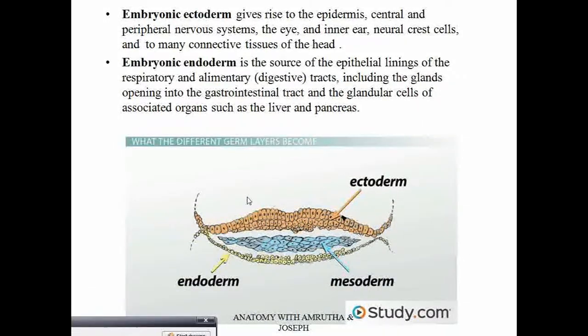Now here we should understand one fact: even though I said that the glandular cells of the liver develop from the endoderm, when you look at the connective tissue component of the liver, that is derived from mesoderm. So a single organ can have parts that originate from endoderm, and some of them can originate from mesoderm. Another example is skin. Skin has two layers, epidermis and dermis. Epidermis is derived from ectoderm, whereas dermis is derived from mesoderm.